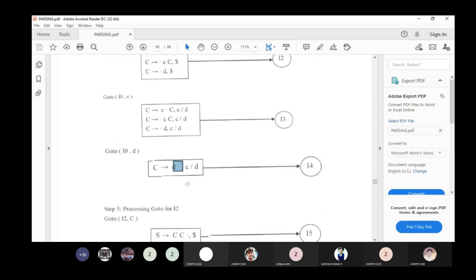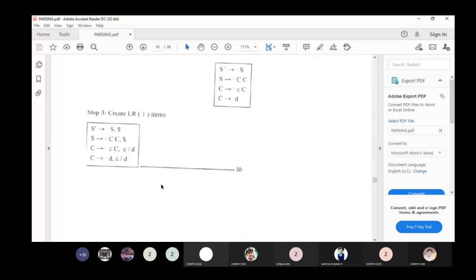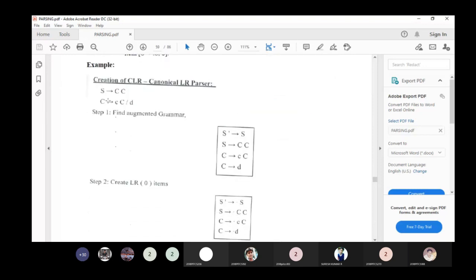For this rule, it is in state I4, so for 4 and look ahead C and D, you fill R and then the number. Actually C tends to D is the third rule. Here S tends to CC is the first rule, C tends to small c capital C is the second rule, and C tends to small d is the third rule.